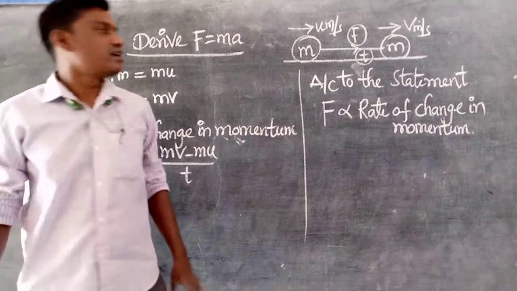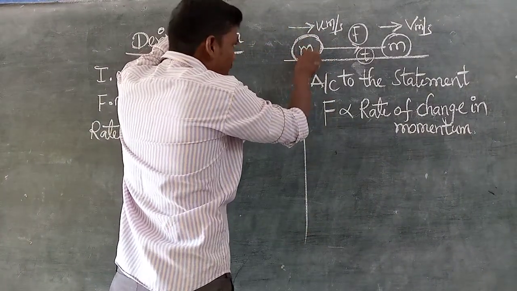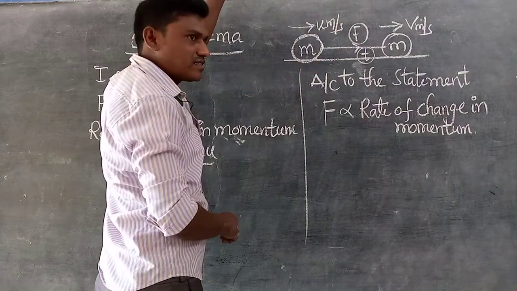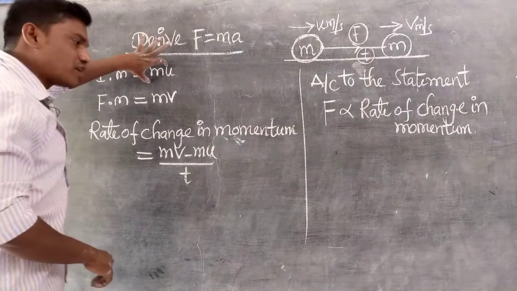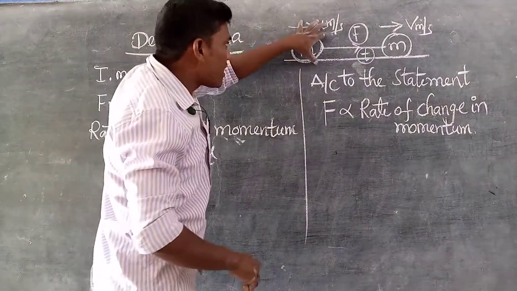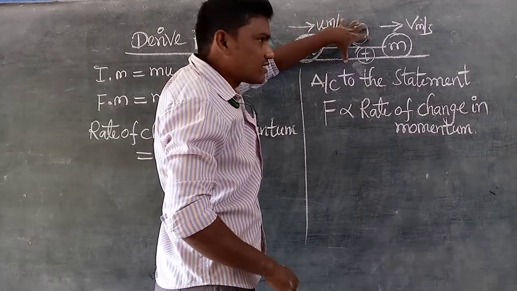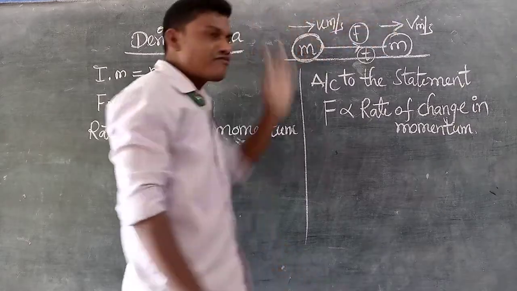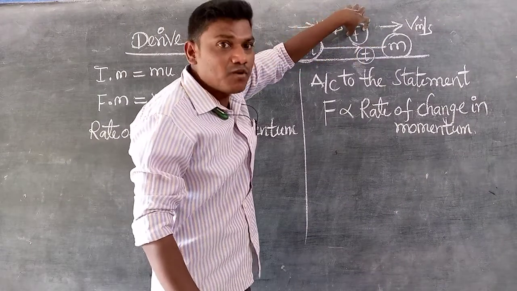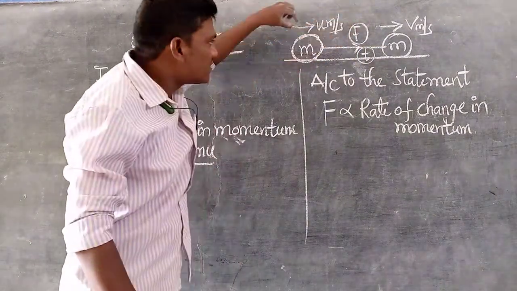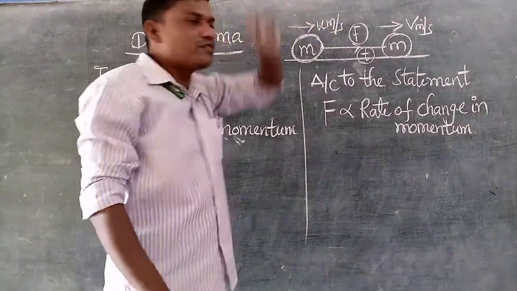the same direction. Here you are observing the mass of the body is m, and initially it moves with velocity u. So what is the initial momentum of the body? mu, you know that clearly. Now here momentum is changed by acting which one? A force on it, in the direction of the body. So the momentum is changed by force only. That's why he says that the rate of change of momentum is directly proportional to which one?